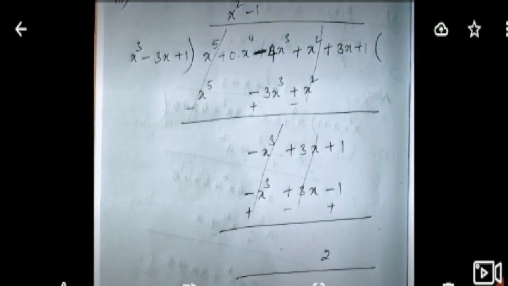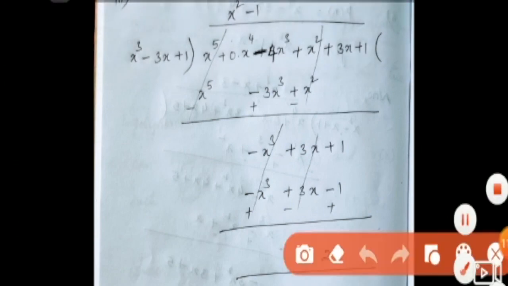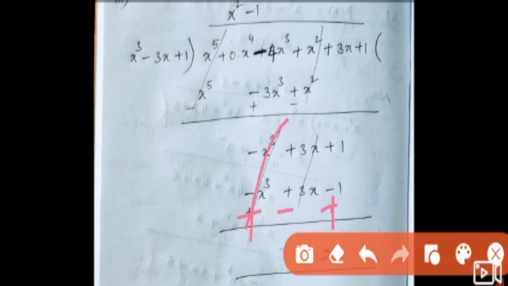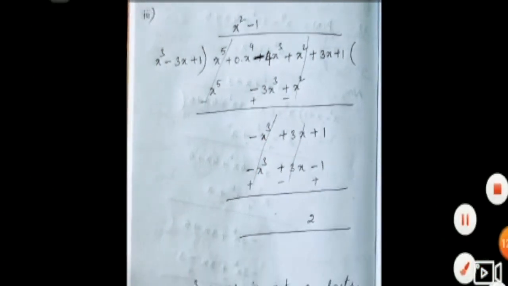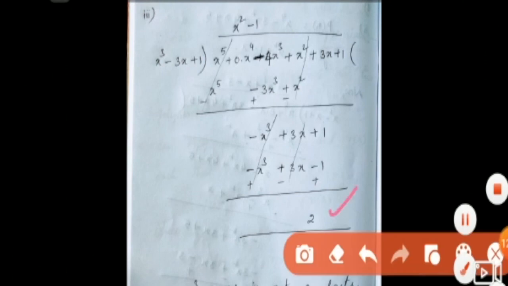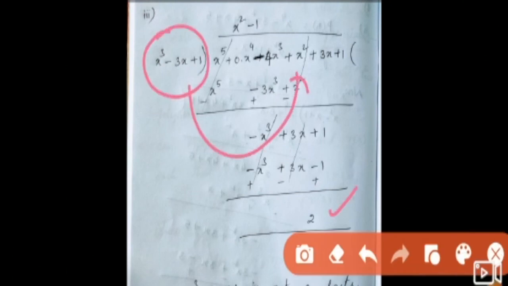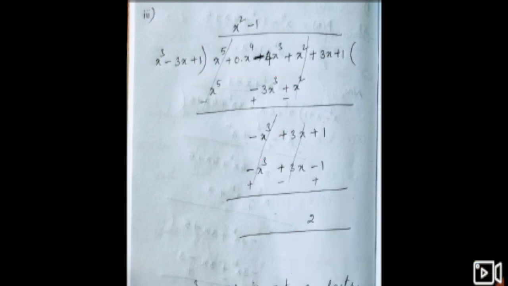So now here minus x cube, same signs are there, so you can do the subtraction. Opposite signs you will get. Here these two terms will be cancelled. Plus 3x minus 3x, 1 plus 1, 2, you will get the remainder. Okay. Now after getting a remainder as some number other than 0, this is not a factor of the given polynomial. Okay, so it is not a factor. If you get the remainder as 0, in that case only the divisor is a factor of the dividend. So that one you have to write.